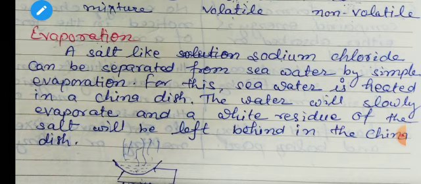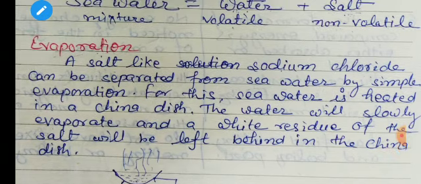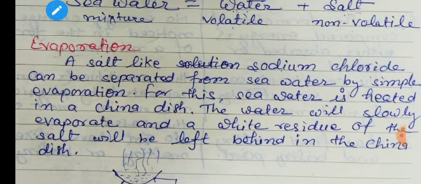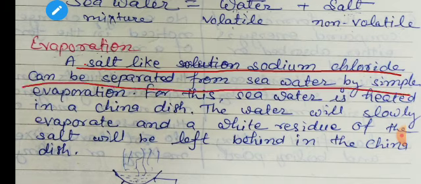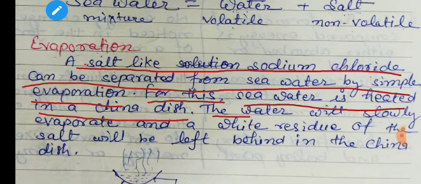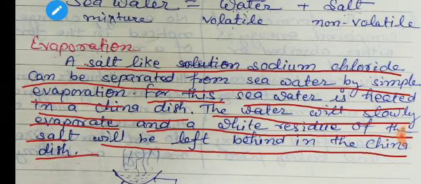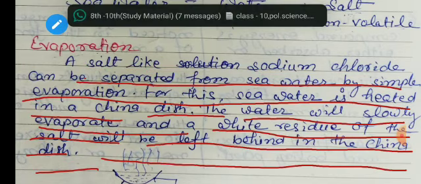Like salt, such as sodium chloride, can be separated from seawater by the simple evaporation method. For this, seawater is heated in a china dish and the water will slowly evaporate, and a white residue of the salt will be left behind in the china dish. In this way we can separate this, and after this, students, we will discuss the separation